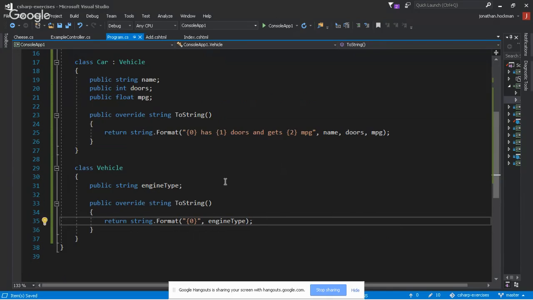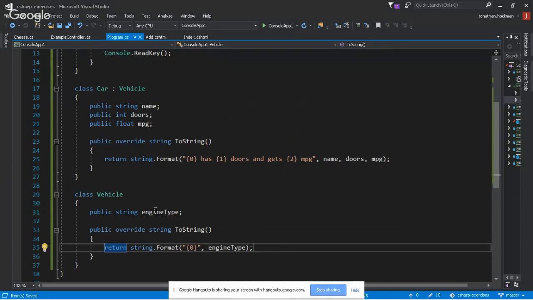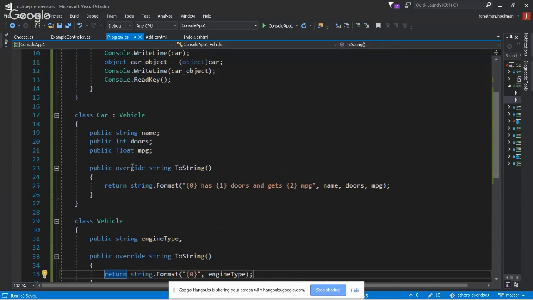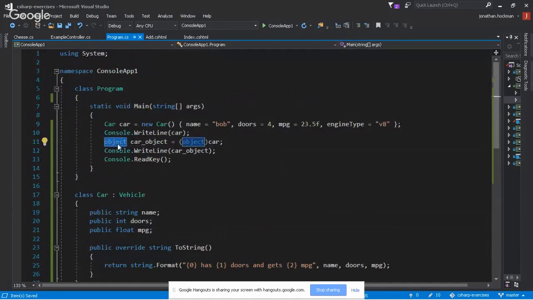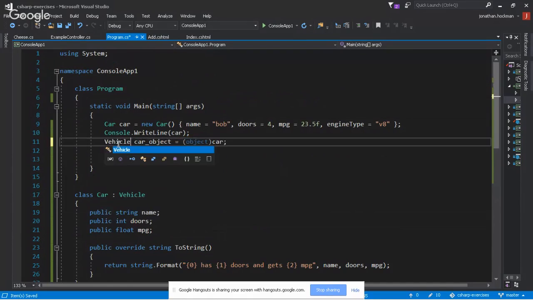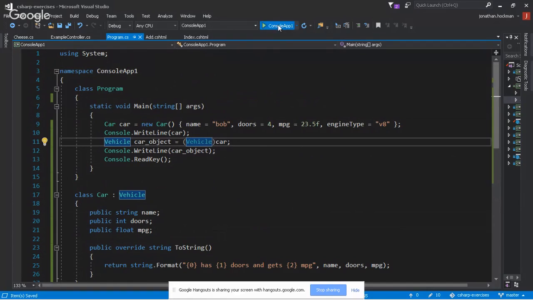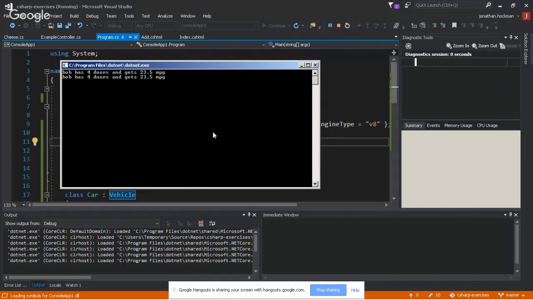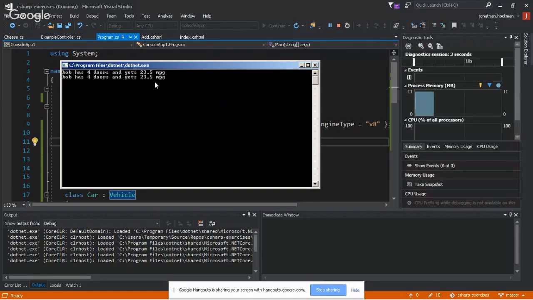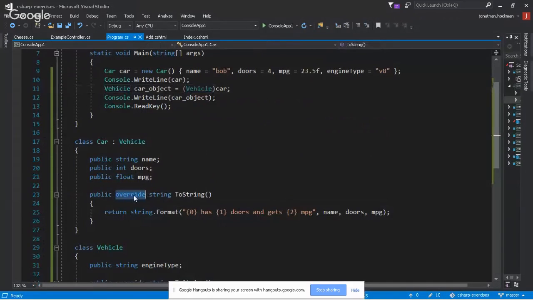So this overrides the object's behavior, and this overrides vehicle's behavior. So if we wrap this as a vehicle, because it is a vehicle, so we can cast it to vehicle, and we run this again, it says the same thing for both, right? Because even though I cast it to vehicle, I'm overriding the previous. So regardless of the cast, if its top level class is car, I want you to treat it like a car. But if we say